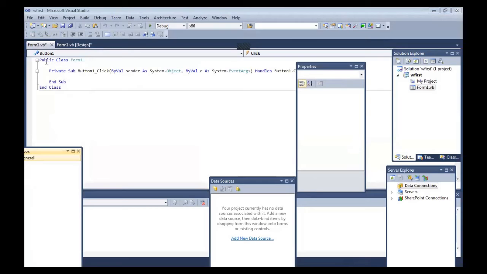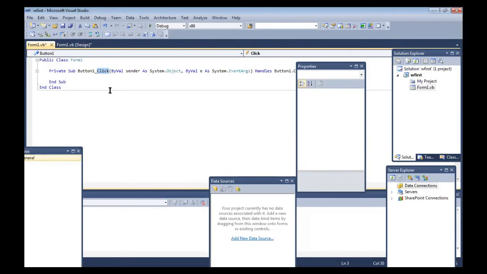As it is object-oriented programming, it displays class form1. Then there is a sub. That sub is private sub. Button is the name of the object. Private sub is a sub that is created for an object, and there is an event.